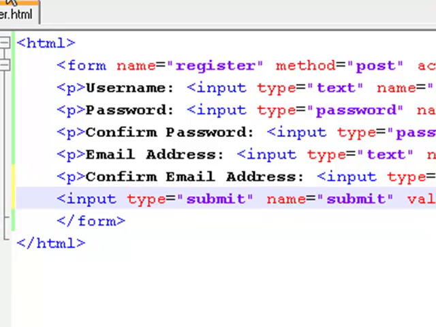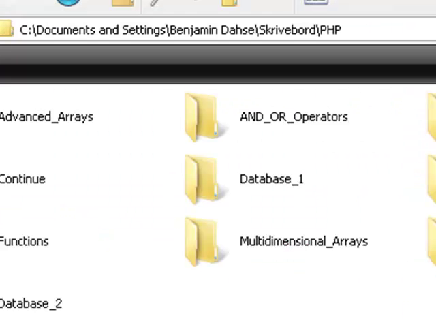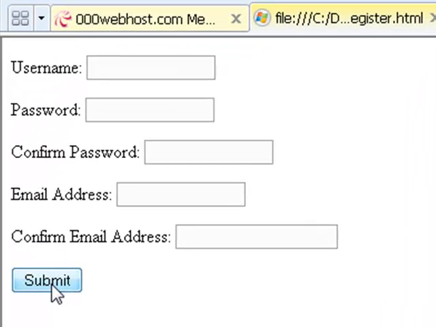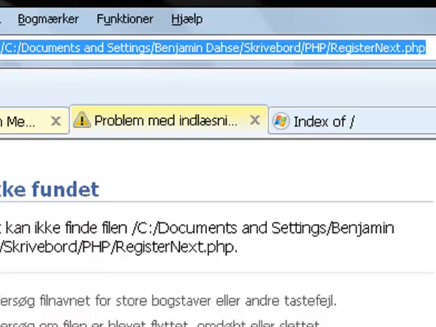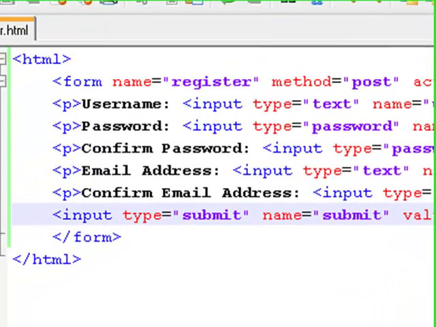Now if you save it, go into your PHP folder and open register, you'll have a submit button too. And as you see, if you hit the submit button, you'll be taken to register.next.php in the address bar, but that file does not exist. So I'm just going to recap everything that is inside our register.html page, and then we'll finish off this tutorial, and in the next tutorial we'll be building register next. So go into your notepad,